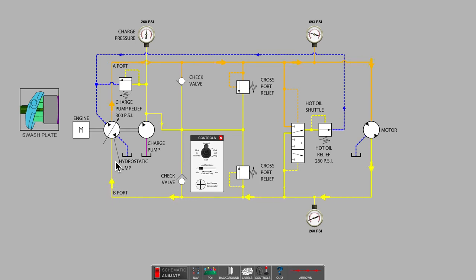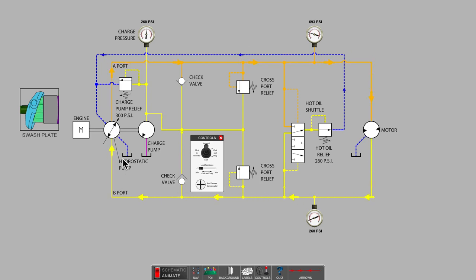Oil from the charge pump enters the loop through one of two makeup check valves. It is always the check valve on the lower pressure return side of the loop that opens to allow charge flow into the closed loop. In an open loop hydraulic system, a long inlet hose would be a cavitation disaster. In a hydrostatic system, it works out just fine because of the positive pressure on the inlet side created by